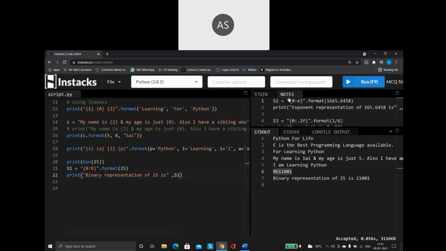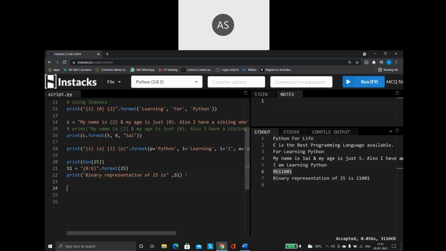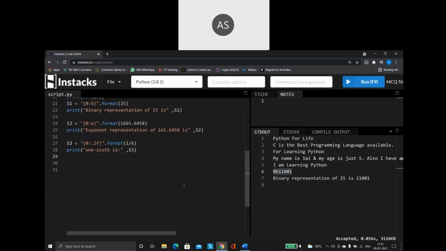Okay, another variation of what I can do. I have floating point numbers, and floating point numbers can be represented in an exponent format. What do I mean by exponent format? When the number is very large, suppose I am having a number like this. This is a very large number. I find it very difficult writing it, so I want to shorten this. I will use the power of to make it in a shorter manner.